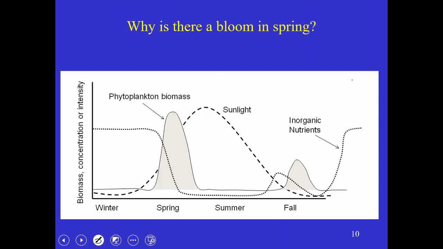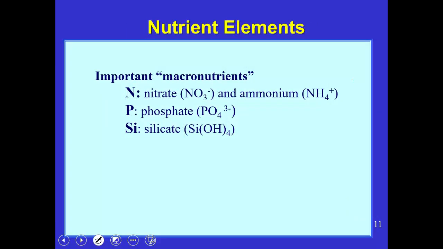So back to the question, why is there a bloom in spring? And the answer is, well, it's the best combination of both light and nutrients. There's enough of both of those things to allow the phytoplankton to take off. So in terms of nutrients, what we mean by that is